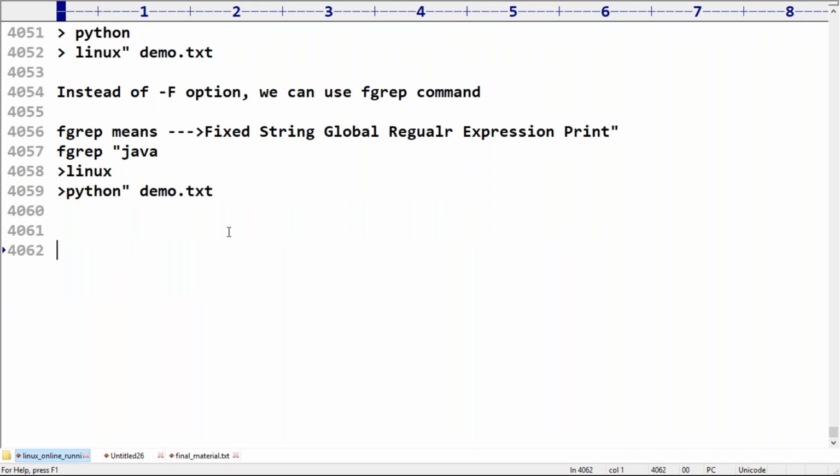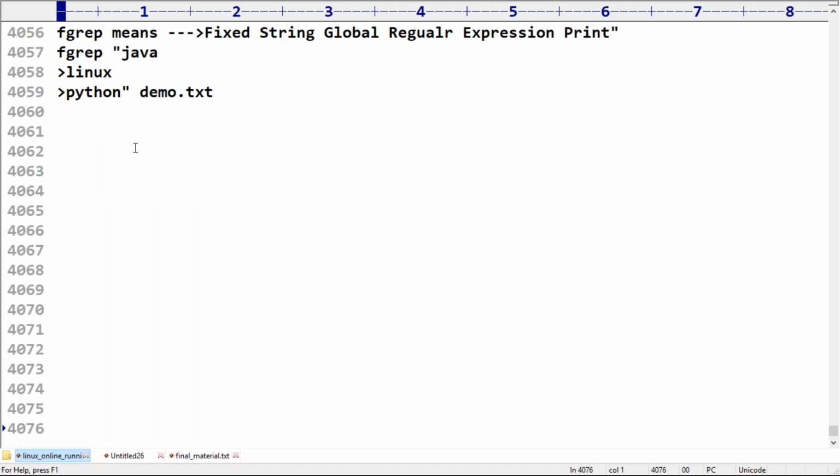This is the most dangerous thing. Now I have one small doubt. Can the fgrep command understand patterns, yes or no? Please confirm. What is the answer you have to tell?